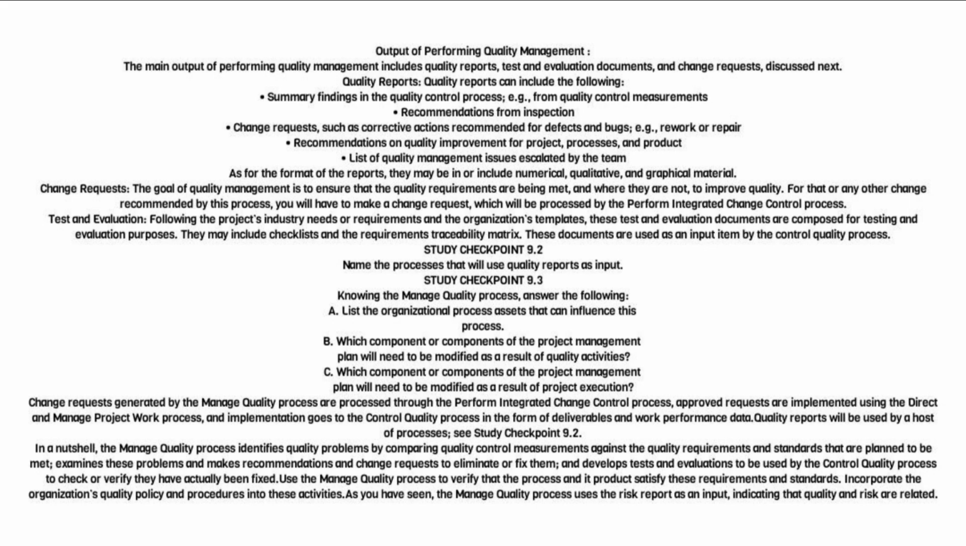See Study Checkpoint 9.2. In a nutshell, the Manage Quality process identifies quality problems by comparing quality control measurements against the quality requirements and standards that are planned to be met, examines these problems and makes recommendations and change requests to eliminate or fix them, and develops tests and evaluations to be used by the control quality process to check or verify they have actually been fixed. Use the Manage Quality process to verify that the process and its products satisfy these requirements and standards. Incorporate the organization's quality policy and procedures into these activities. As you have seen, the Manage Quality process uses the risk report as an input, indicating that quality and risk